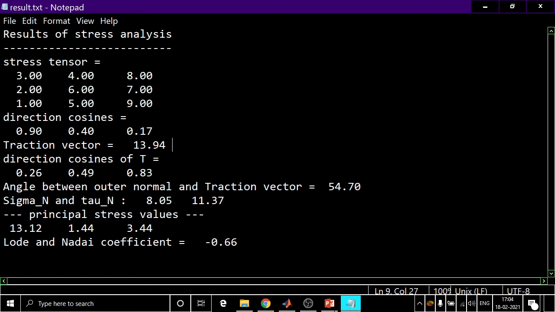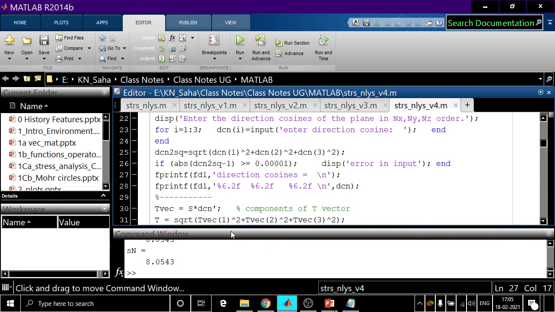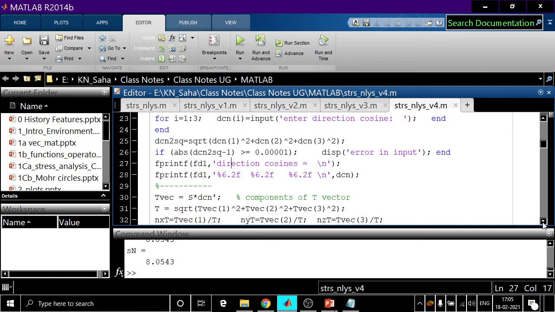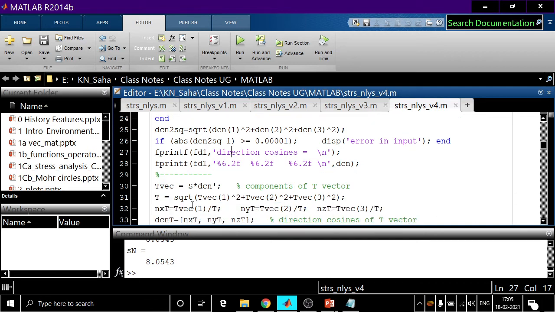And then we computed the traction vector and direction cosines, although we can compute or display the components of the traction vector, etc. Everything is not written in this file. Okay. So this is t vector, and from the t vector we calculated t, capital T, and direction cosine of t vector.